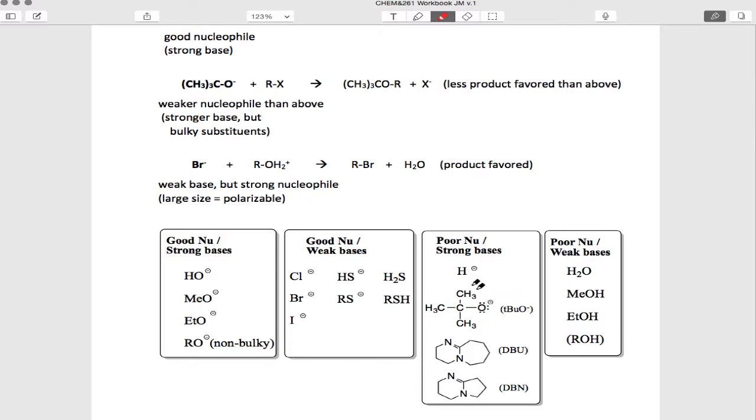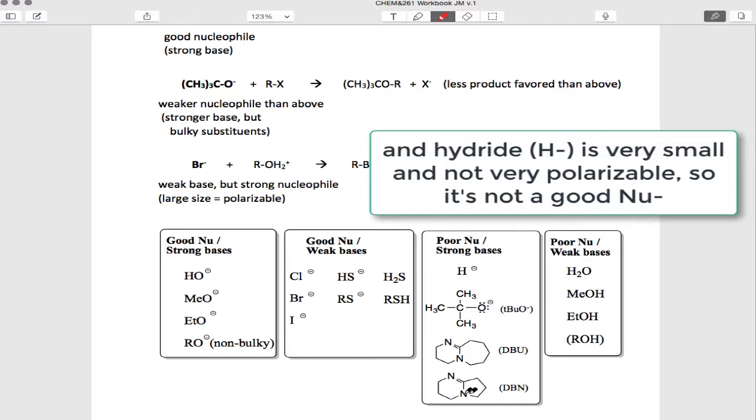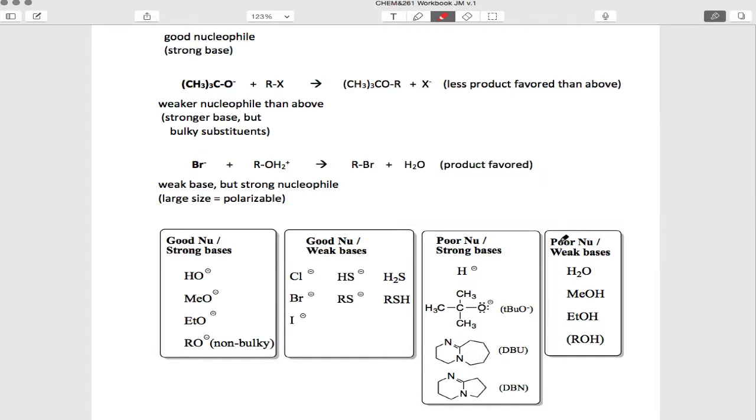And you might be familiar with tert-butoxide. We've been using that a lot. But DBU and DBN are also molecules you might see in the textbook that are used for practice problems. They're pretty bulky as well. And then over here, these are poor nucleophiles and weak bases. And notice the pattern here. They're neutral alcohols and water, which have similar pKa, 15, 16. So it's good to remember these in a group. So if you see an alcohol or something neutral, you know it's going to be a weak base or a poor nucleophile. So in thinking about the four pathways, we know good nucleophiles favor SN2 and poor nucleophiles favor SN1